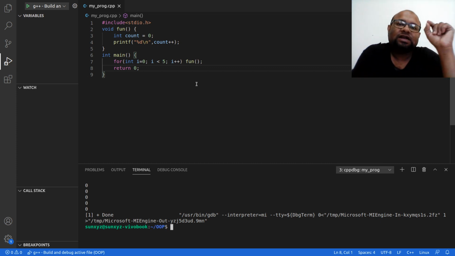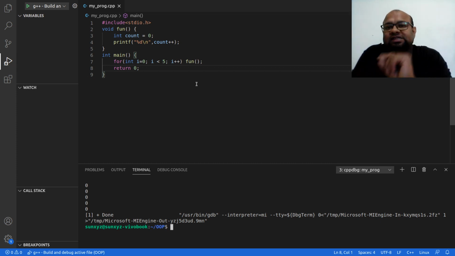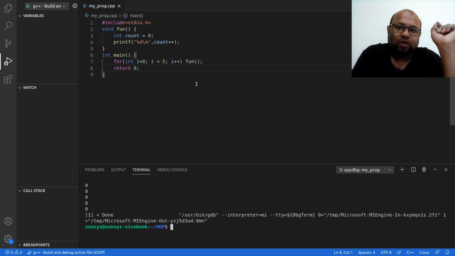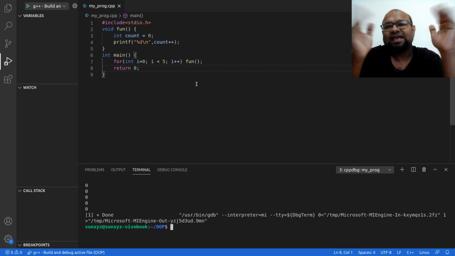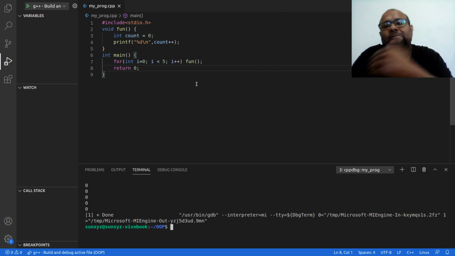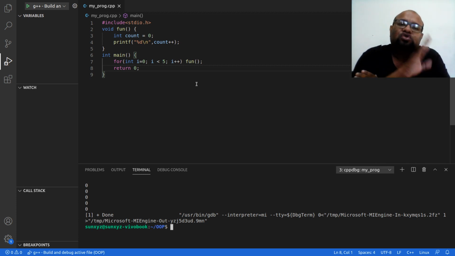Last time I incremented this 0 to 1. So by the end of the last function call, my memory location had the value 1, but the second time when I make this function call, I overwrite this one, and that means the 1 is deallocated, the 1 no longer exists. Now once again I begin by initializing it to 0. So the old value that was there does not exist anymore.